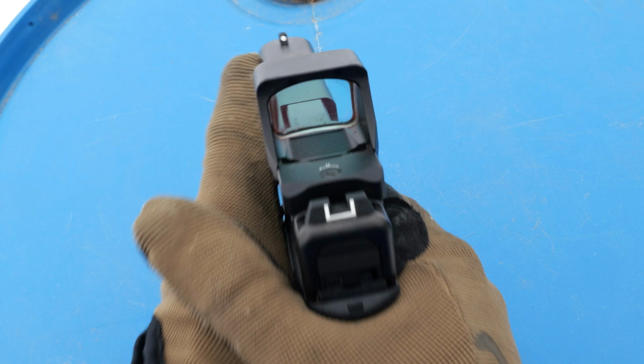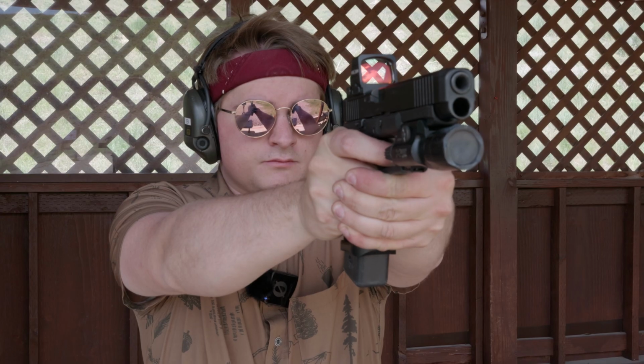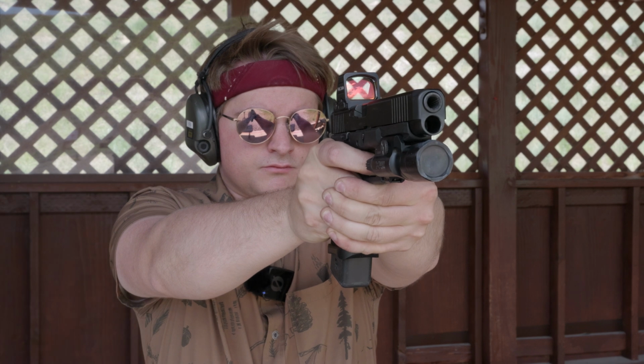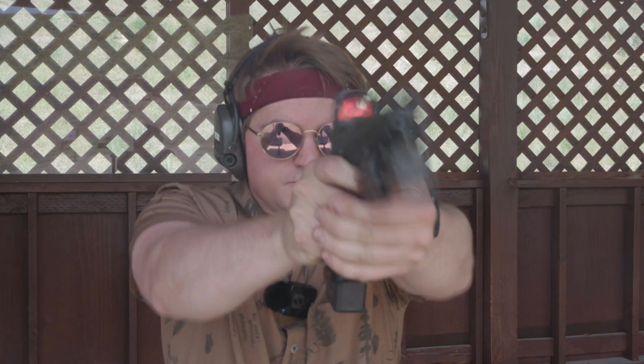This has really taken the spot for the go-to option for competition shooters. One of the reasons why it has done so well, taking the spot of the SRO, is that it has the RMR footprint. It is the same mounting pattern as the SRO. So if you have a pistol that has an RMR footprint on it, or a plate that can do RMR, why get an SRO? And you could get a 507 comp that does all the same things, but arguably better